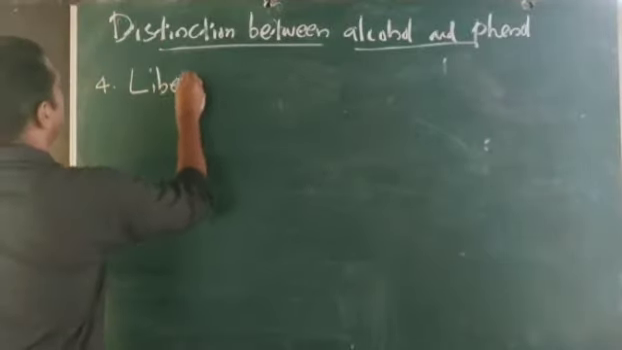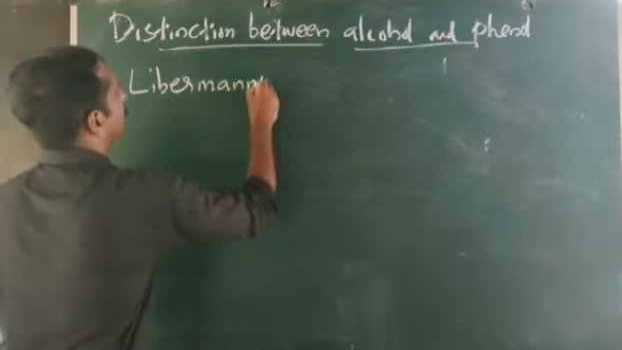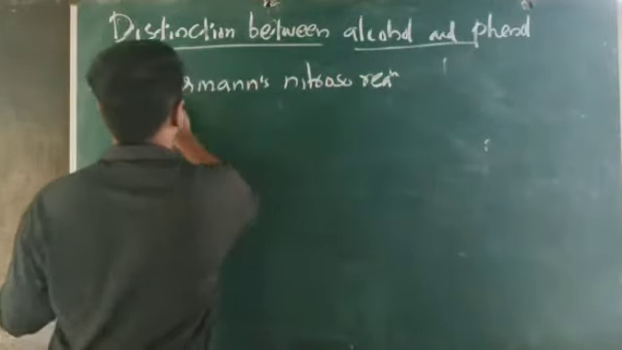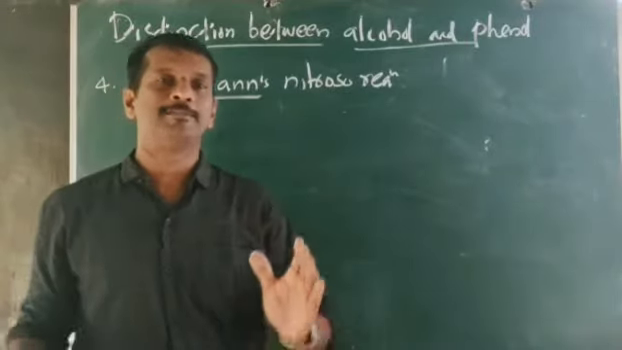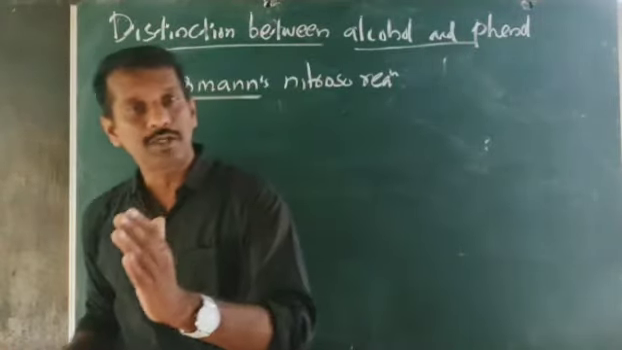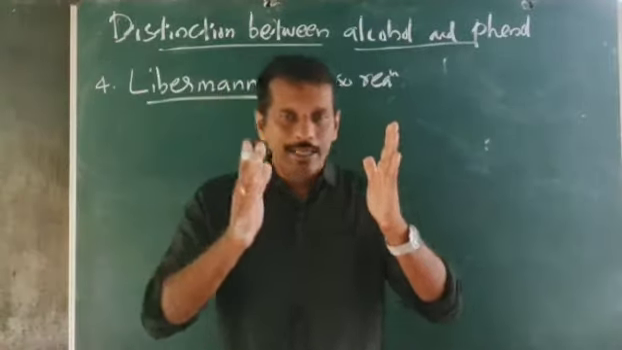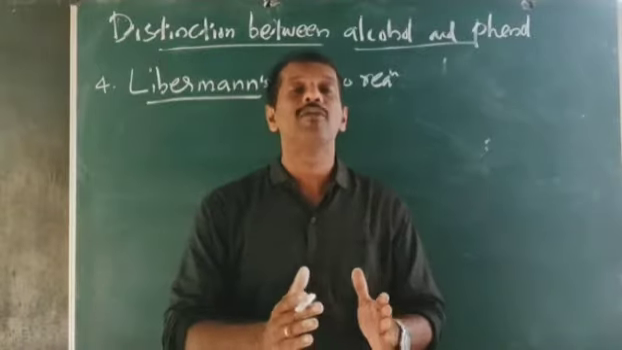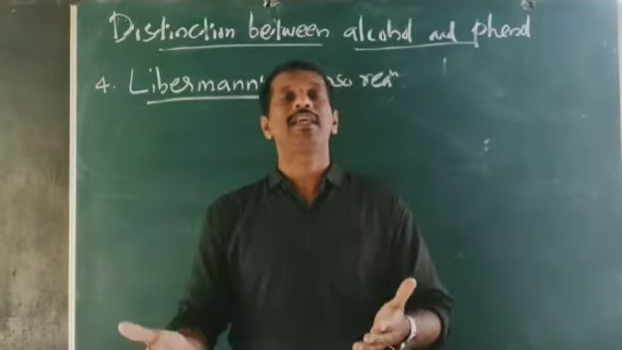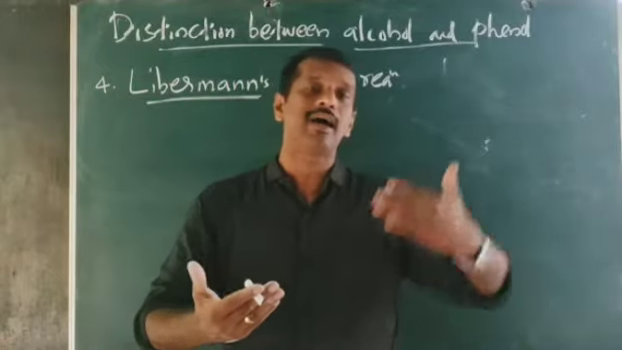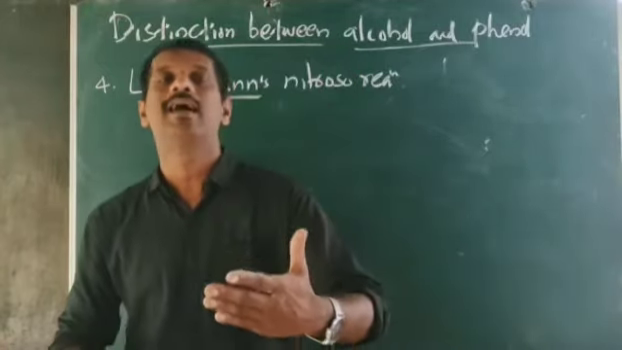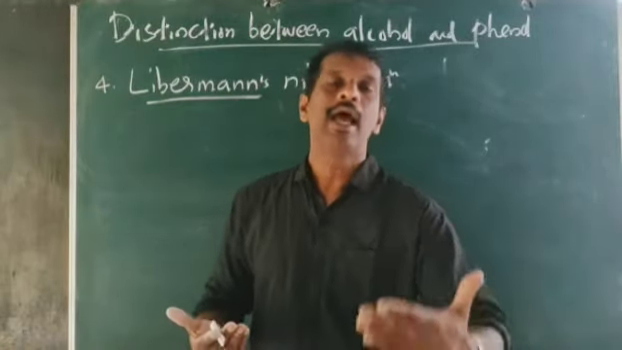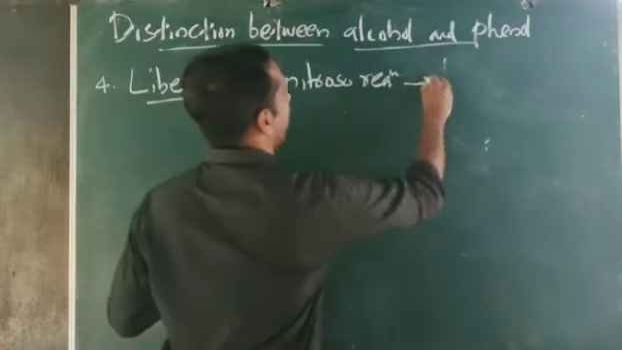This you have studied: Lieberman's nitroso reaction. What is Lieberman's nitroso reaction? When phenol is treated with sodium nitrite and concentrated H2SO4, first you will develop a deep blue or green coloration, which will turn to red on dilution with water, and on basification with NaOH will regain the original blue or green color. This is what is called Lieberman's nitroso reaction that you have studied, and will give a color